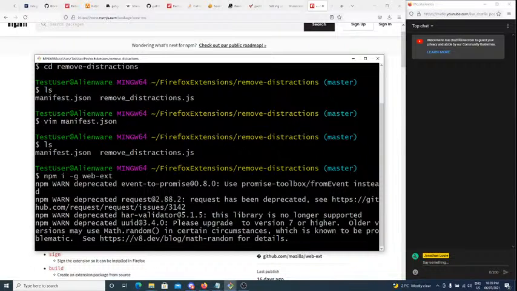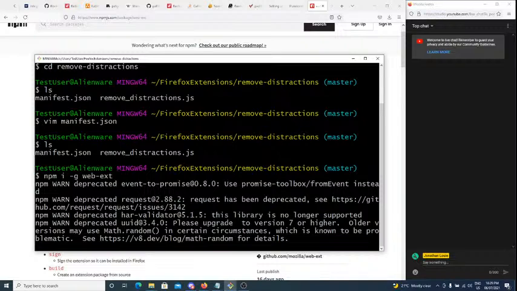Not everyone is going to agree with me on what is distracting and what isn't, and not everyone goes to the same sites that I do. So this is entirely for myself. But Adam just wanted to see, hey, how do you make one of these silly little extensions? And well, here you go. It's very, very easy, super basic stuff.